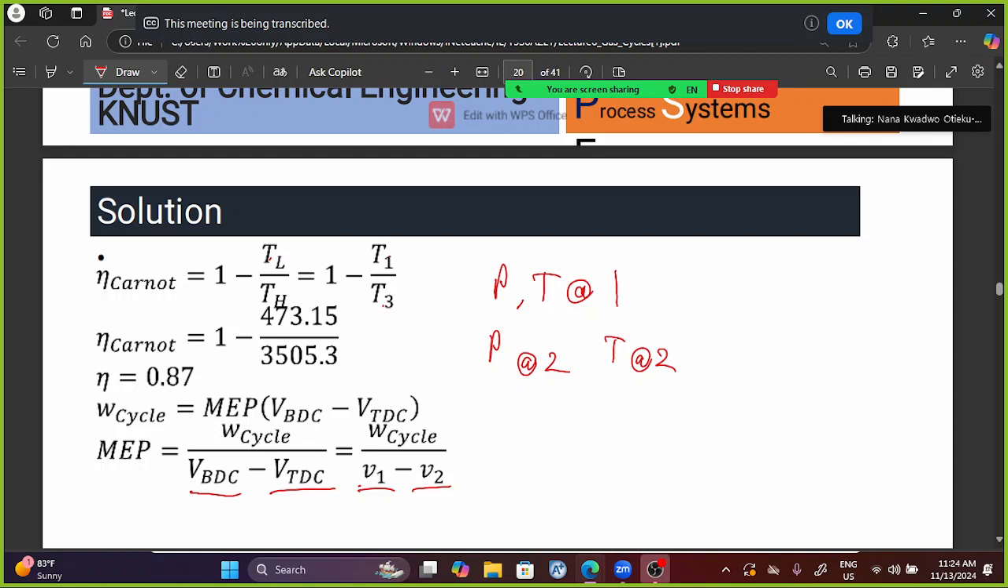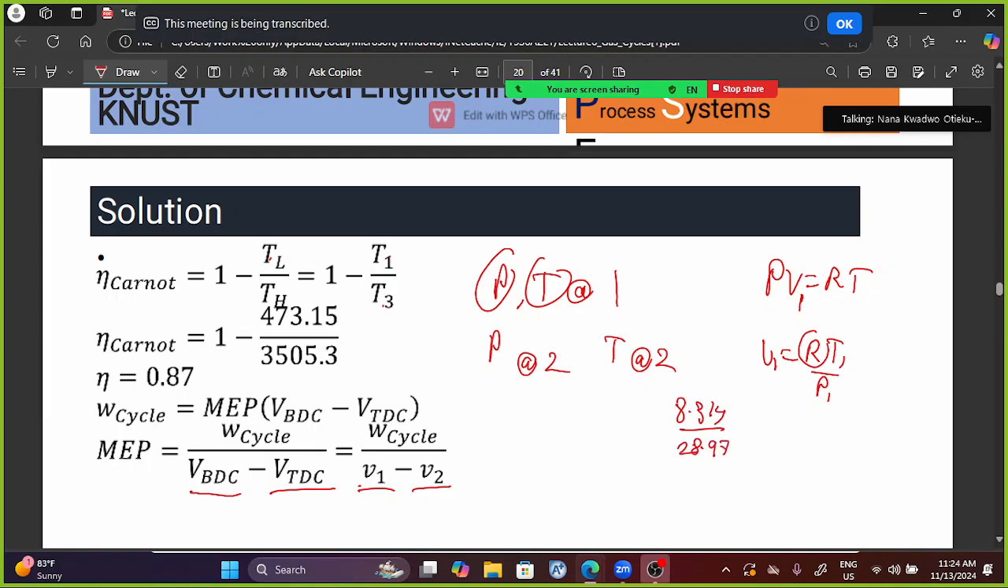So what we can do is, since we know our P and our T, we can use our PV is equal to RT relation and find V1, or the VBDC, the V at point 1. So V1 is going to be R T1 over P1. And we know the R, if we are dealing with air, so it's going to be 8.314 over the molar mass of air, which I think is